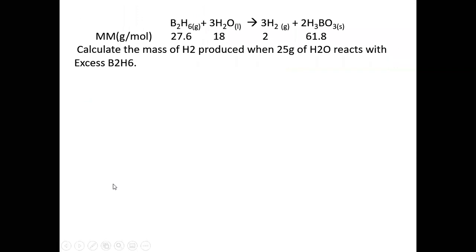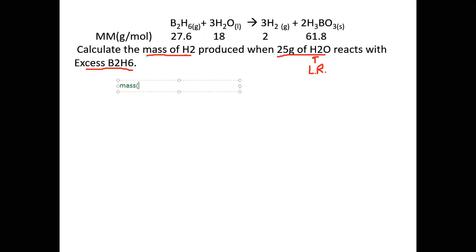We'll look at one more example involving excess reactants. Here we want to calculate the mass of hydrogen produced when 25 grams of water reacts with excess B2H6. This means that the water is the limiting reactant. It's going to get all used up in this reaction because there's more than enough B2H6 to react with all the water. So again, we're going to take the mass of H2O,